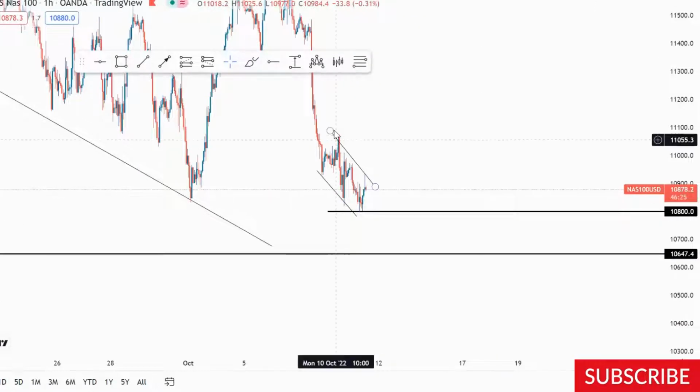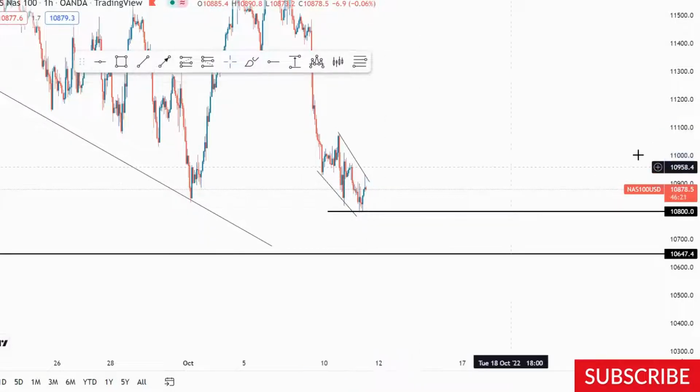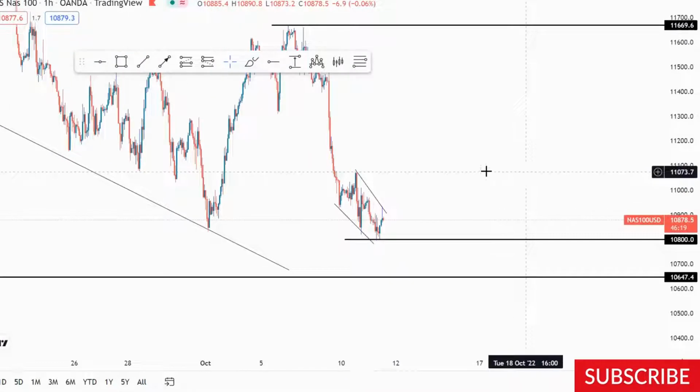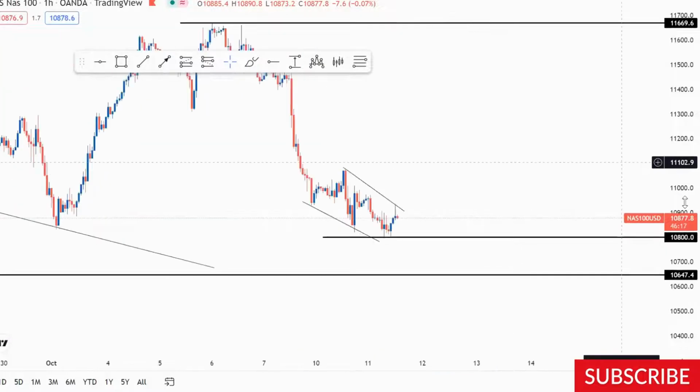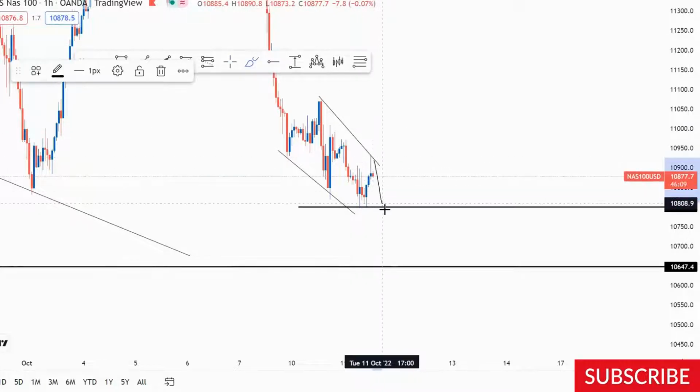And in as much as this is a reversal pattern, for as long as we have not yet broken impulsively outside of it, then we're still looking for sells, right? And that's a nice reversal candle, meaning that as of the current moment, the market might want to come back here to give us a double bottom and test this previous low, which is 10,793.4 for one last time, which will mean that it's giving us a double bottom